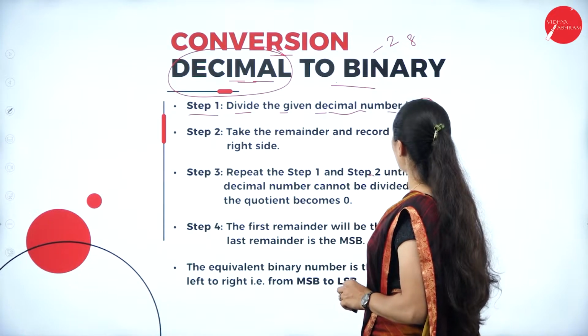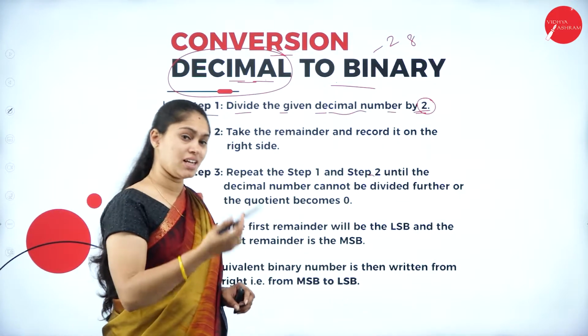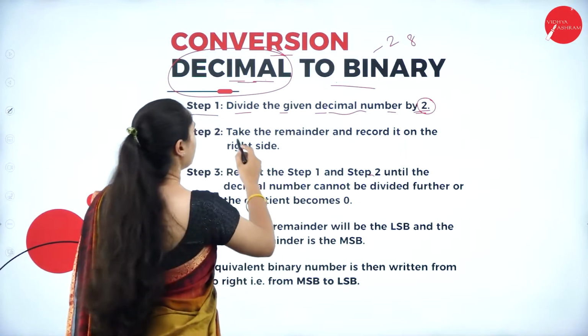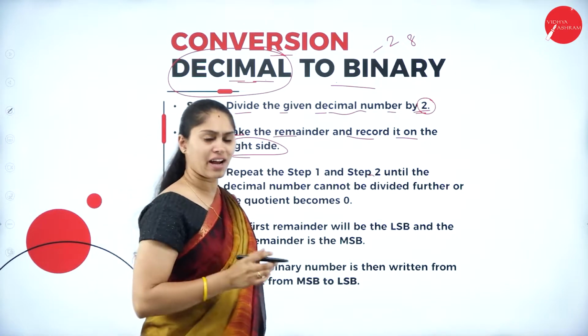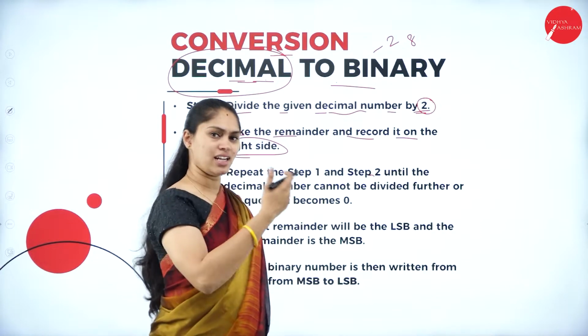Divide the given decimal number by 2. Why? Because first you have a decimal number that is converted into a binary number. So, you have to divide it by 2. Then, take the remainder and record it on the right side. So, we have to divide the quotient, and whatever remainder we get needs to be kept